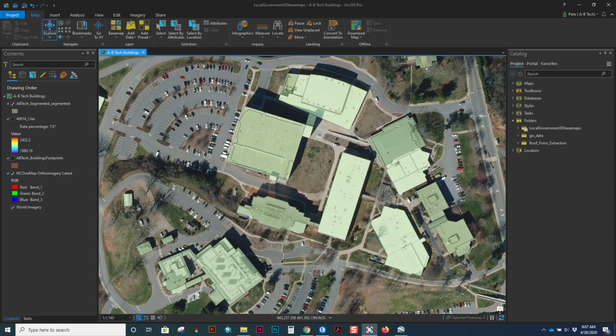In this video, I'm going to demonstrate some editing operations in ArcGIS Pro. Many of them are based on editing polygons, and I've got some tips and tricks and some different ways to approach some editing. These polygons are for building rooftops on the AB Tech campus in Asheville, North Carolina, and the